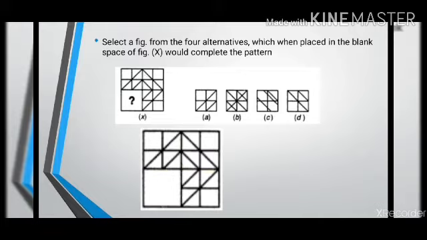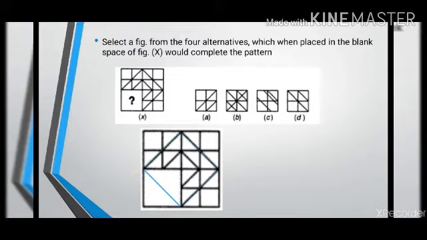Now in every figure I have marked a blue line. These small squares have a diagonal line that is connecting in the form of a square. So in the fourth figure, that is the blank figure, the pattern will continue in the same way and I'll get a diagonal. Now this diagonal is slanted like this. So from the option figures I can eliminate the ones that have the diagonal from the opposite side. In the answer figure, I want a diagonal that is starting from the top left corner, from this corner of the figure.